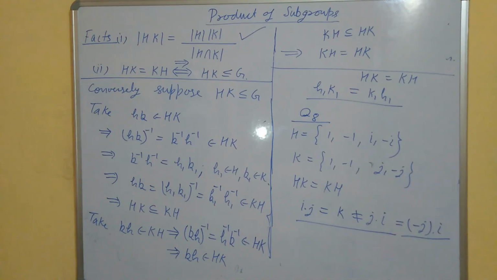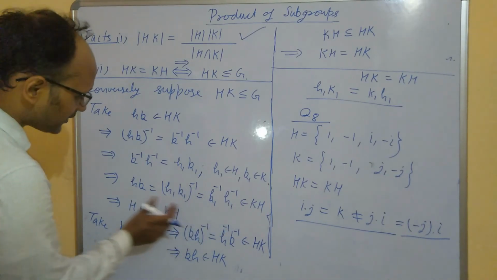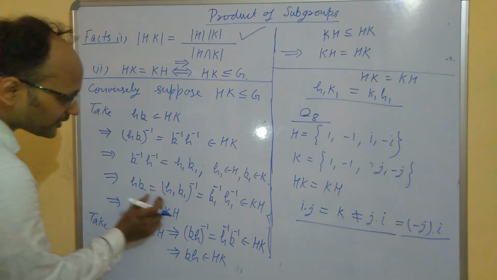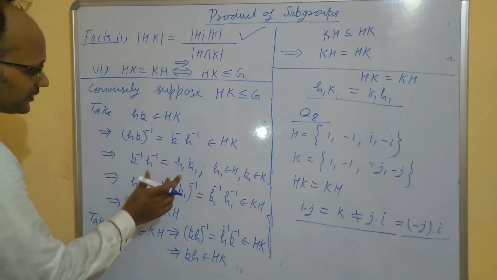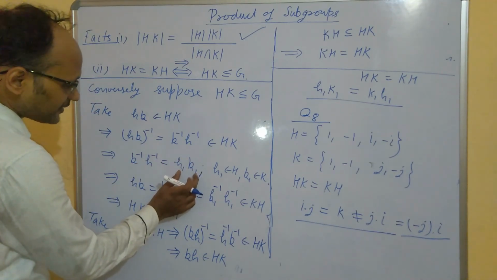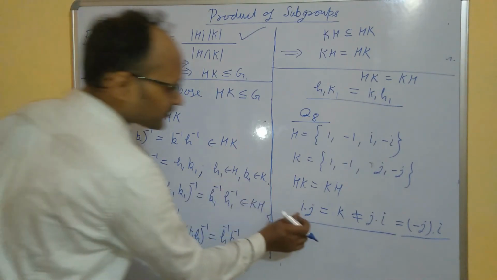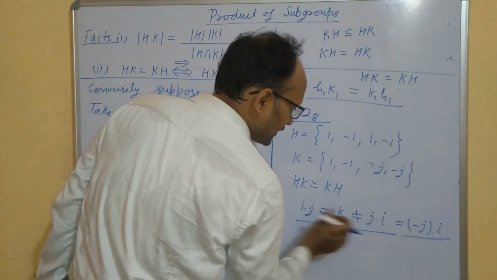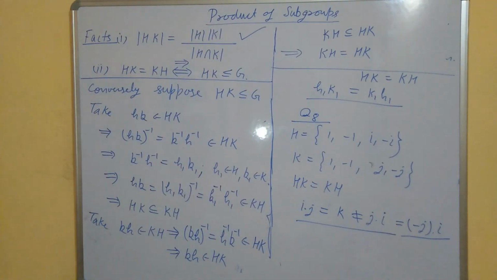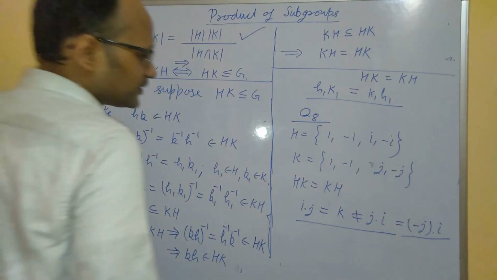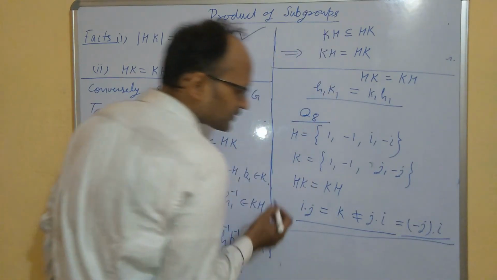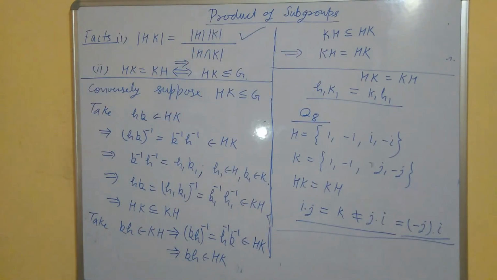So that's why, while taking that this is equal to some element, we have taken one set of elements here and another set of elements there, because they may differ. So I's and J's differ. So it may happen that both differ. Okay, so this is the thing. Okay, thank you.